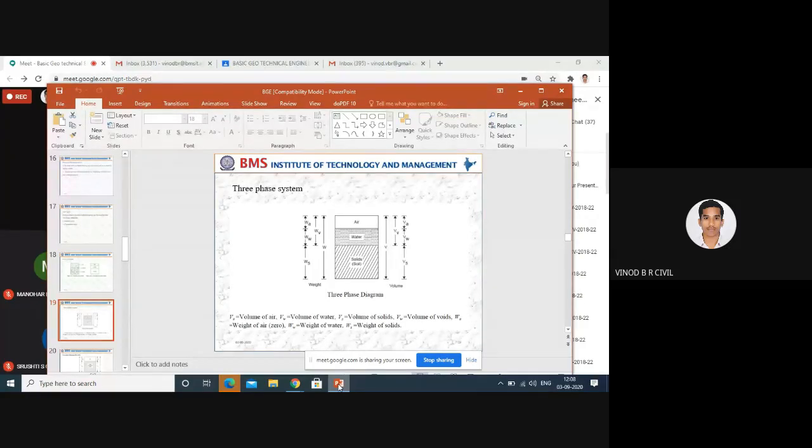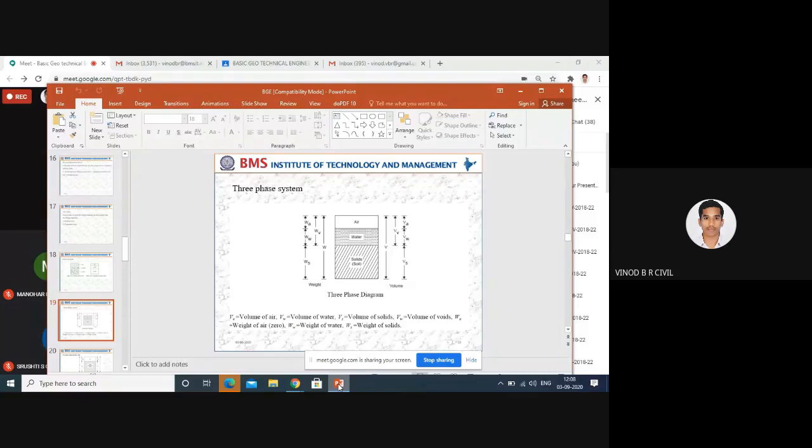As we know, the bottom one is soil, in between the second layer is water, and the first layer is air. Air, water, and soil. You can take a measuring jar, insert the soil, above that water, and above that, as we know, air. Okay, if you understand the three-phase diagram, in module 1, 60% of the problems are solved. The only thing is you are interlinking these parameters in the mathematical expressions. That's all.